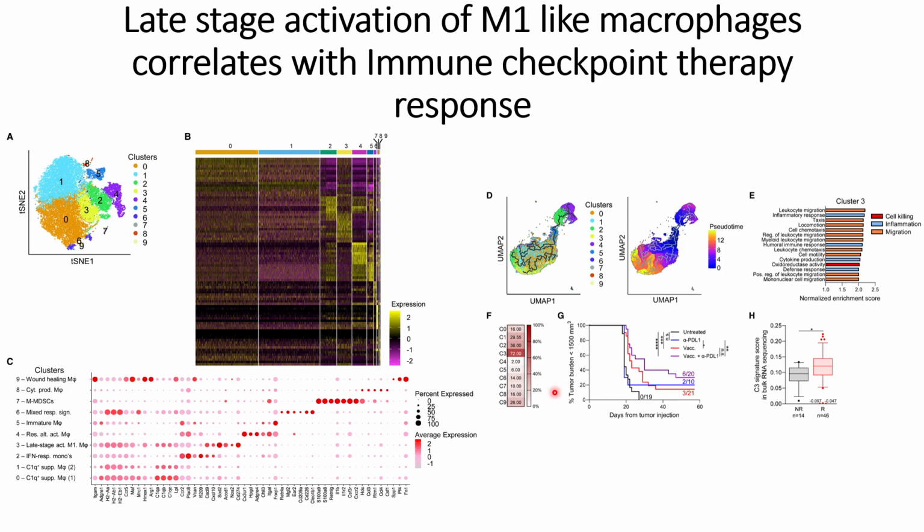They compared the dysregulated genes in those patients with the dysregulated genes in the cluster, and found that 72% of those dysregulated genes overlapped with cluster 3. This further substantiates their hypothesis that immune checkpoint therapy causes a similar response, or also causes these late phase activations of M1-like macrophages